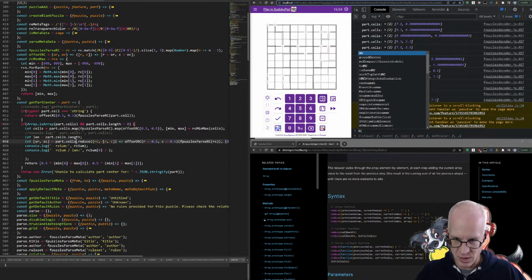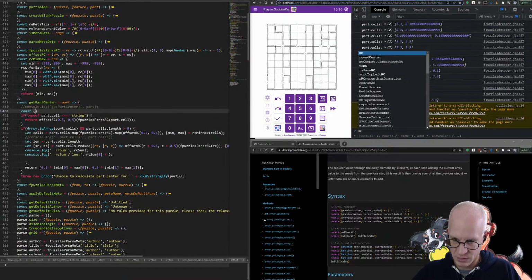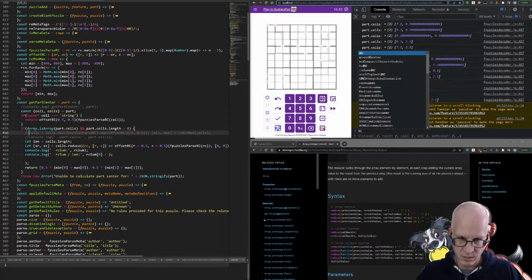Let's call them sums, right? And cells. Part.cell. So we could do something like const equals part. Then we can just get rid of that. Get rid of that. Do that. That. And